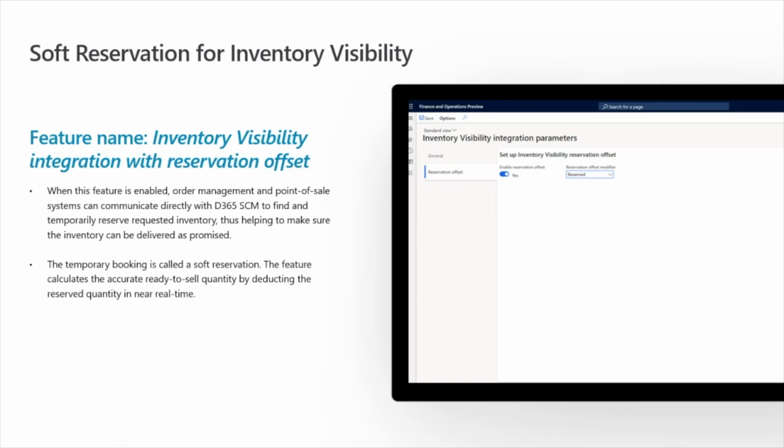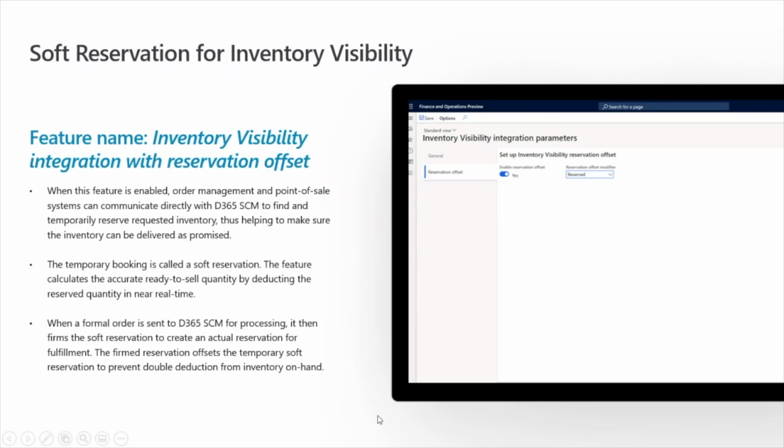So, it calculates the Dynamics 365 available physical inventory, places a soft reservation, deducting the amount essentially requested by the order. And then it deducts the reserve quantity. And so the next time a subsequent order is placed and the inventory position is called from inventory visibility, it's going to calculate, right? I have this amount in Dynamics. I've already placed X amount of soft reservation. So this is what I should technically have available. That way I'm not overcommitting.